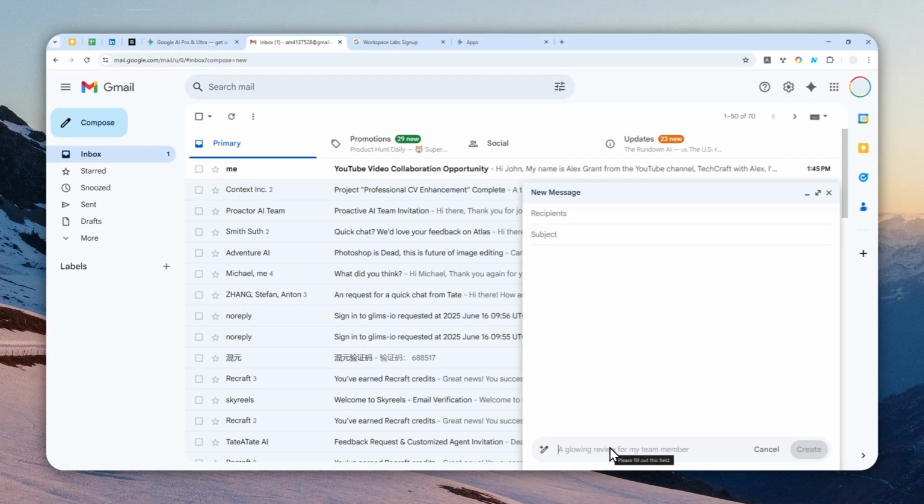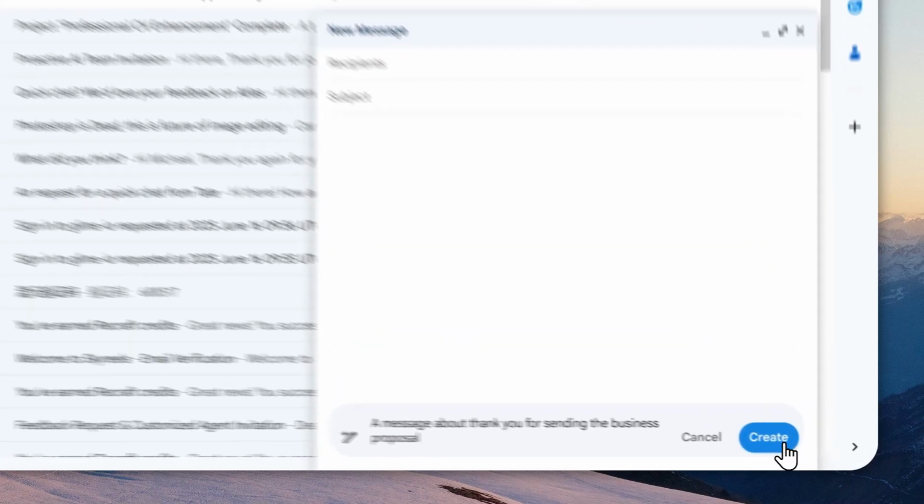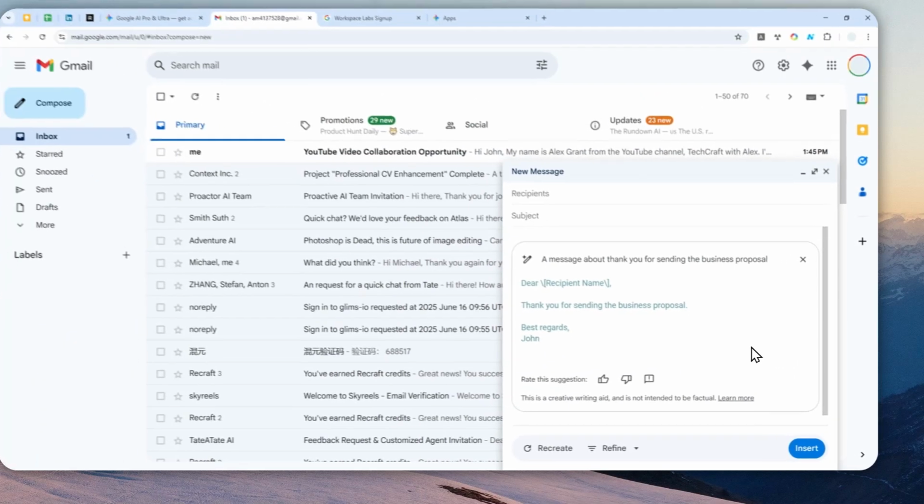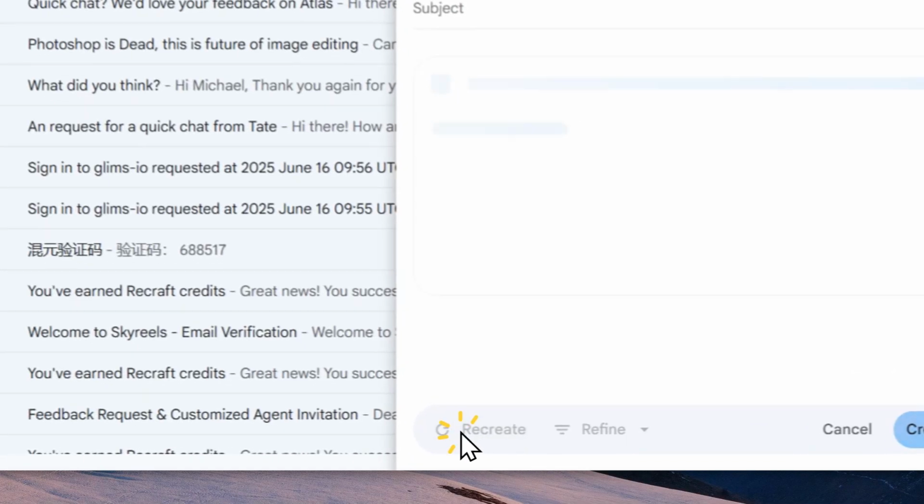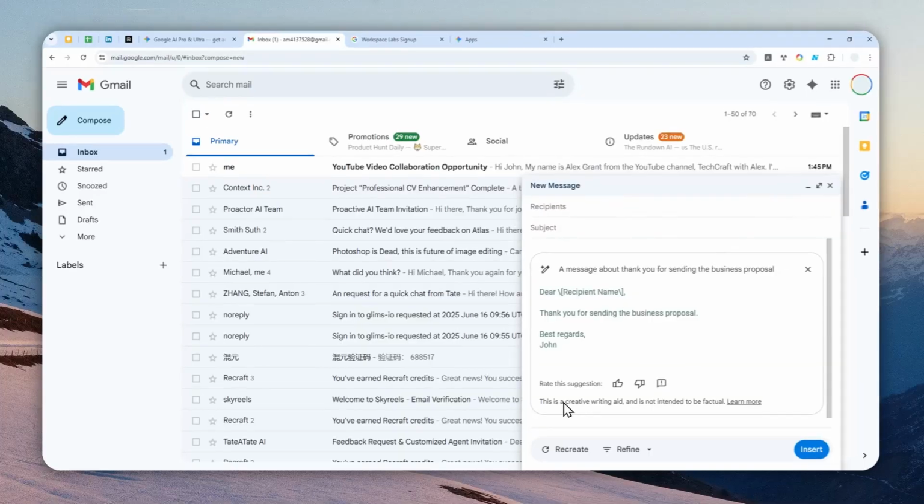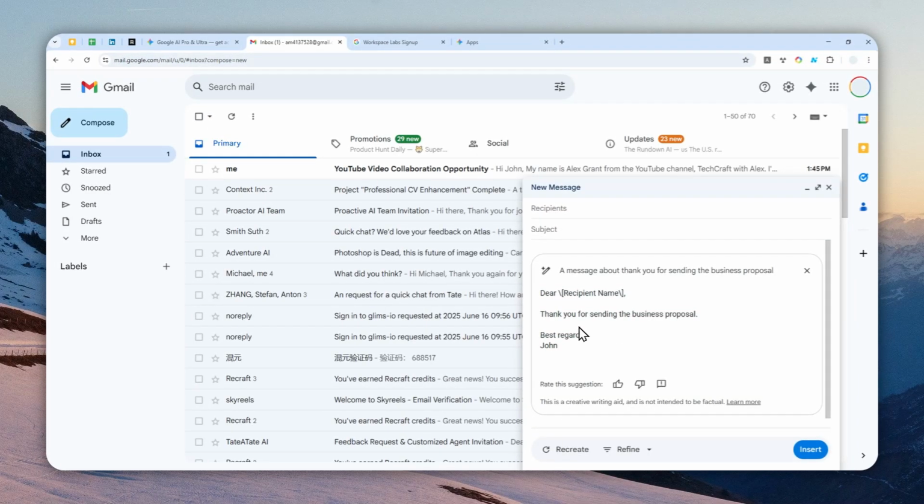In this case, I want to create a message about, let's say, thank you for sending the business proposal. Something like that, and then you can click create. Just a simple message, and if you're not happy with the result, you can click the recreate button, and it will craft a new version of the email. But in this case, it's very simple. If you make the prompt more specific, usually it will give you much more variation,